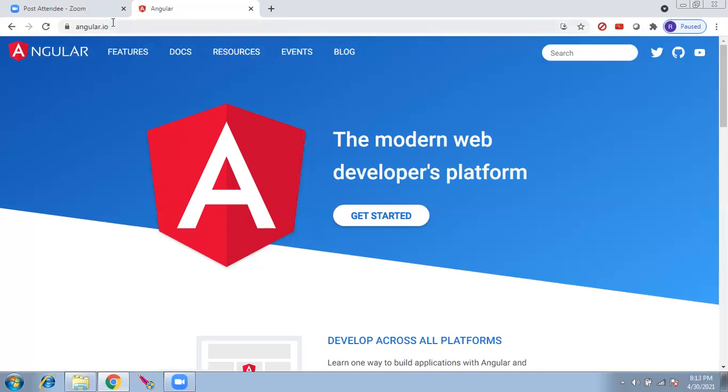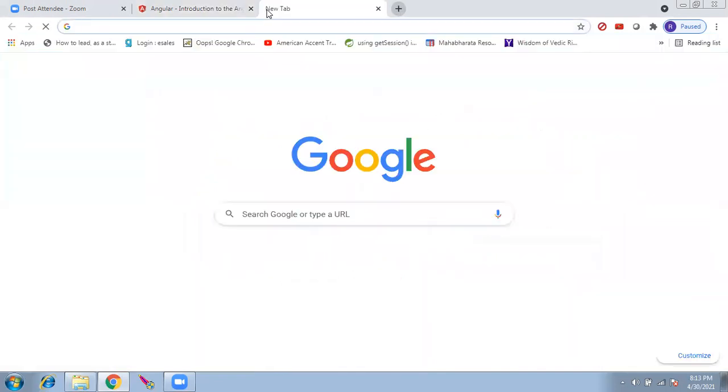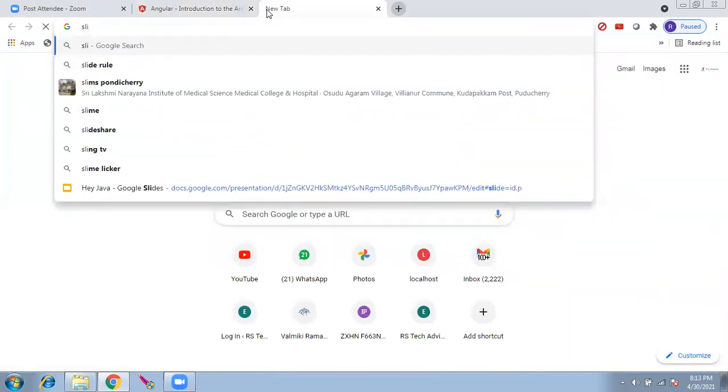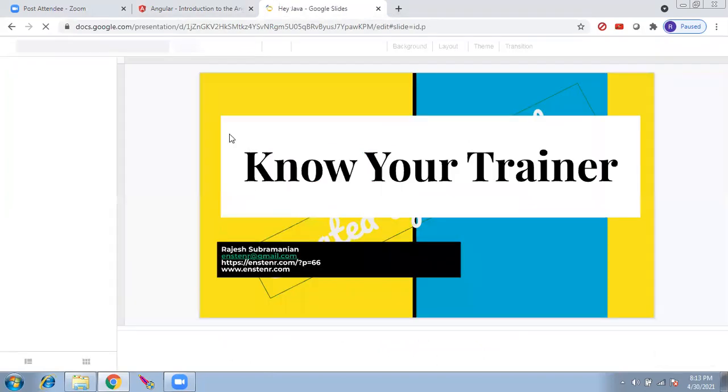Okay. So we'll go to angular.io. As I said, Angular is a framework. It's not a container. Spring is a framework and a container. So we'll go to Angular and get started. Okay, before I show you on this, there is something called responsive. These are all web terminology. I'll show you what is responsive.